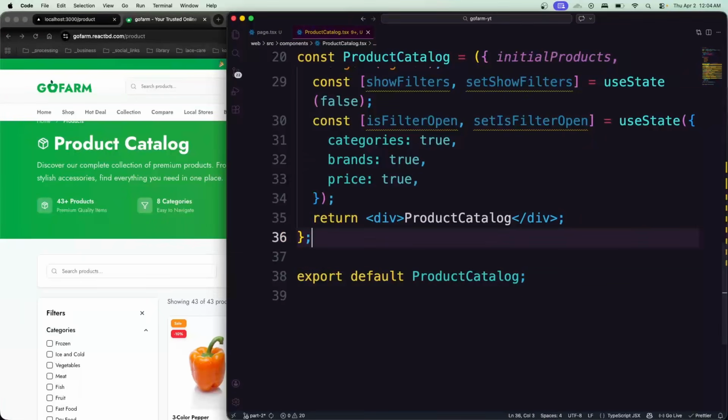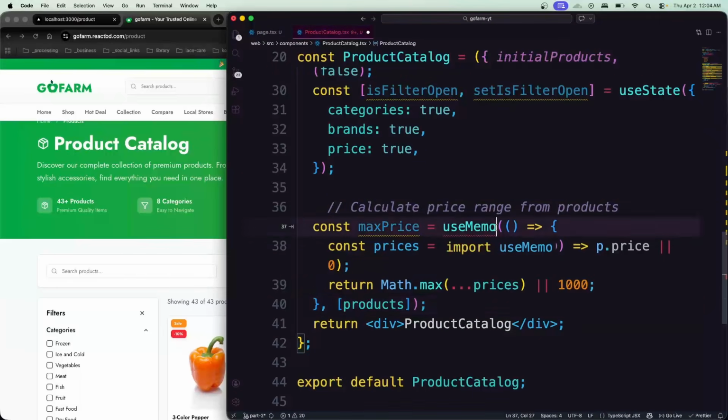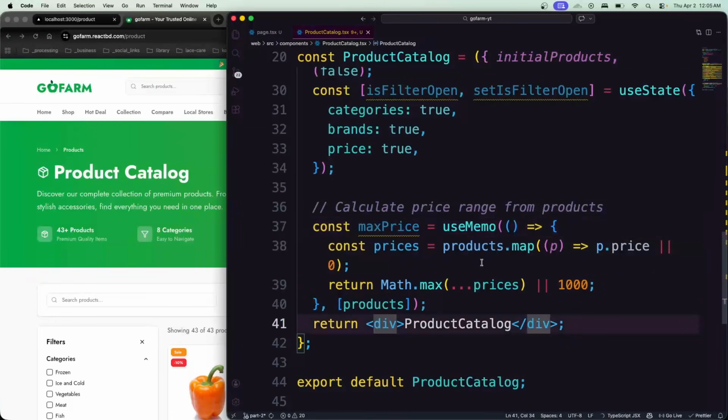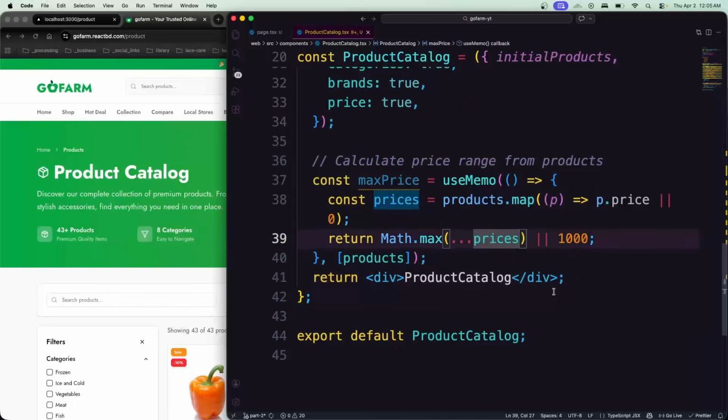First of all, we're going to make some more room for that. We're going to calculate the price range for our product layer. So that should be our maximum price range. We're going to use useMemo to memoize that. So that would be our max price, which we're going to use. You see this, the 1000 we are saving. Now you can get from the product prices to get the max value. Of course, as you can see, we're just getting the prices, spreading the prices value here, and then you can do the other scenario. And after that, we also have to have the filter and sort products, which